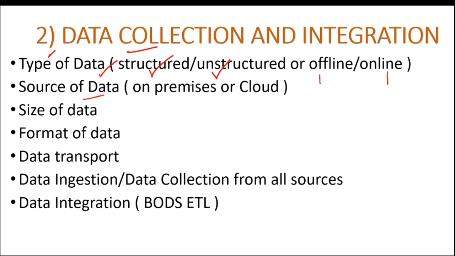What would be the source of the data? Whether the data is stored on premises in their data centers, or stored on the cloud, in which case we have to collect it from the cloud. It could be an S3 bucket in Amazon, Azure, a data lake, data warehouses, big data. It could be anywhere, and we have to get the data. And we have to consider the size of the data, because according to the size of the data we have to select the machine learning algorithm.